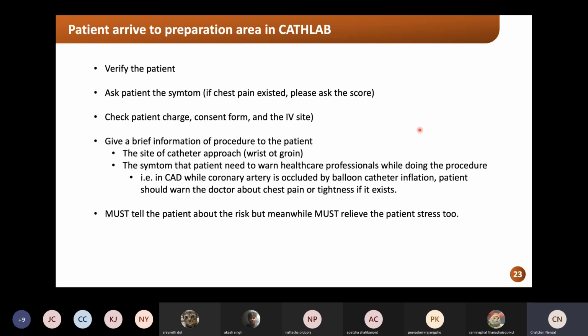We have to insert the catheter into the right radial artery, so it may interrupt the steps of the